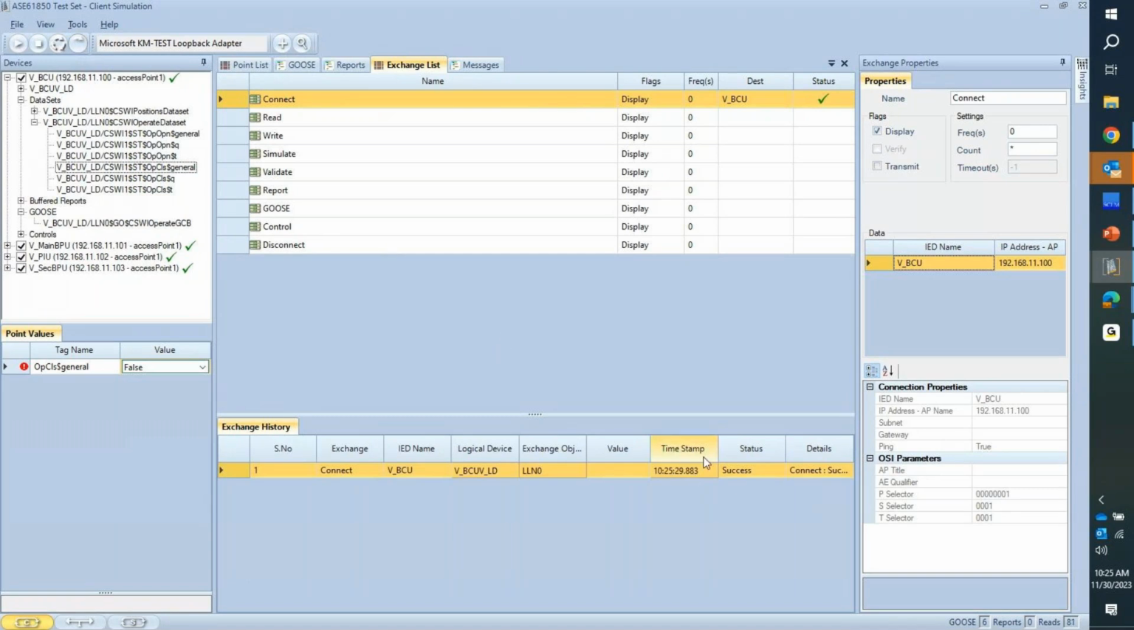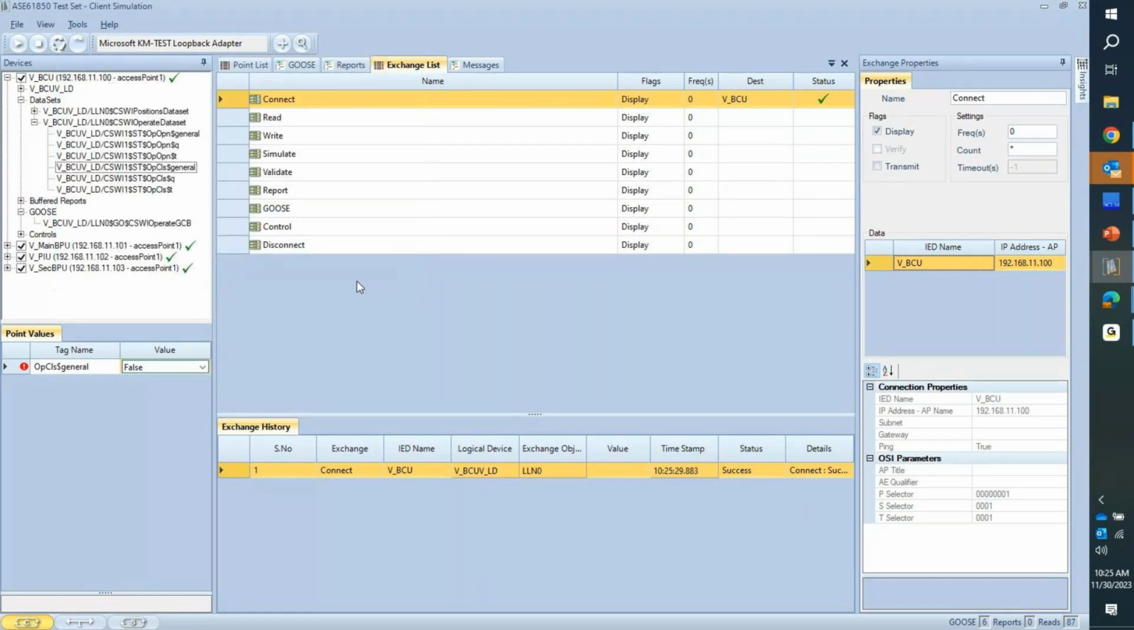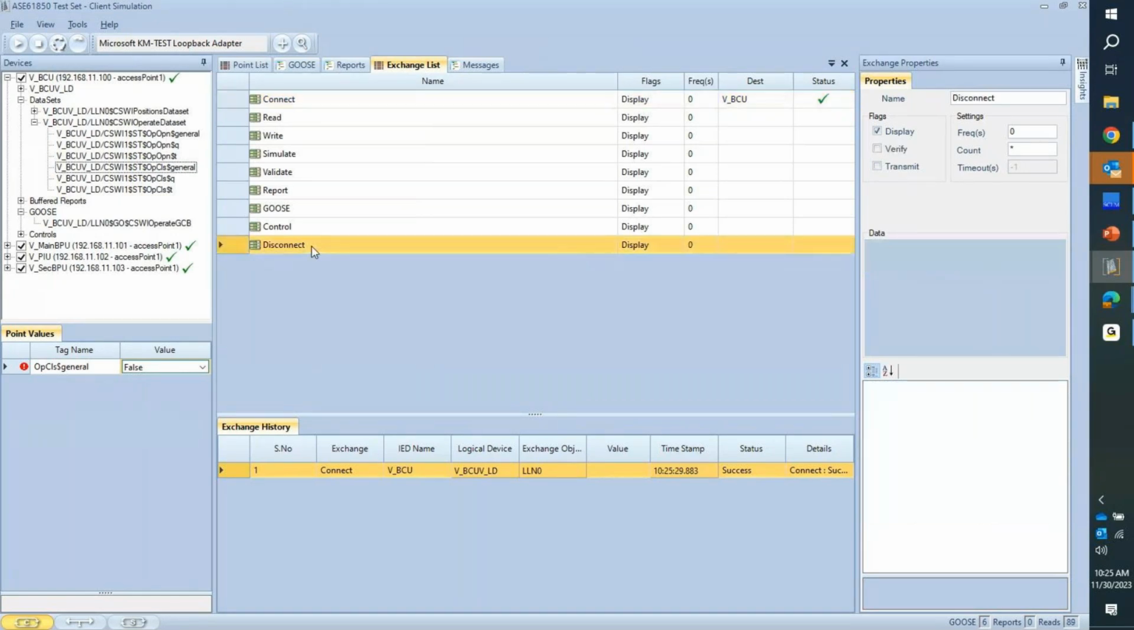And you could show that in the exchange history here, it says that was a success. I can click on the details. If there was additional information associated with a particular exchange, it would show those details. And here you could see that it was okay. And then on disconnect, we'll send that once. And if I disconnect,